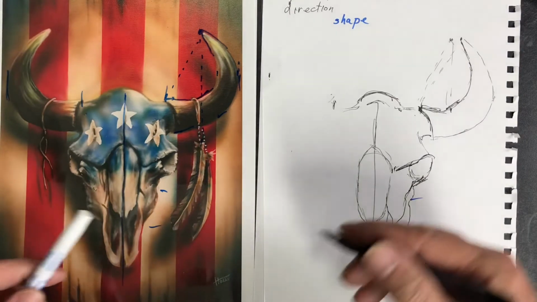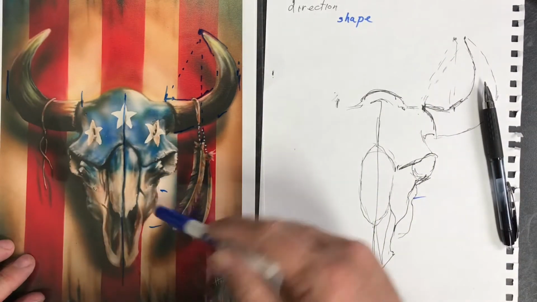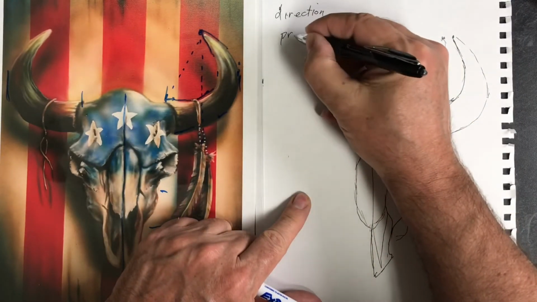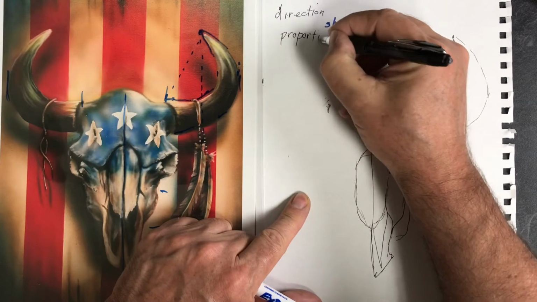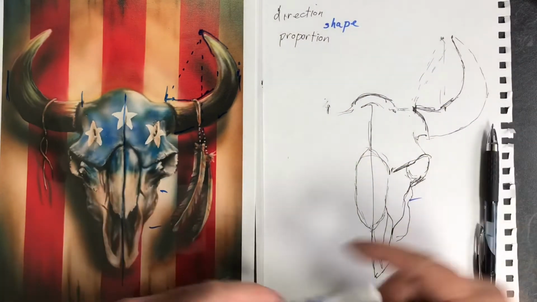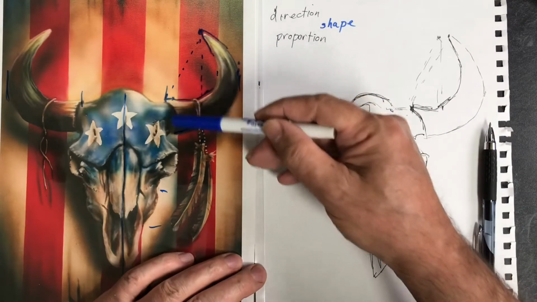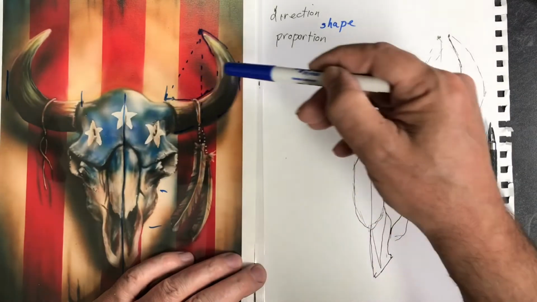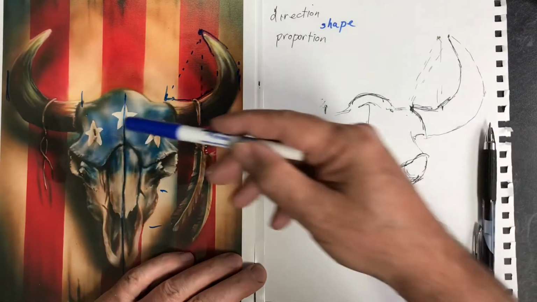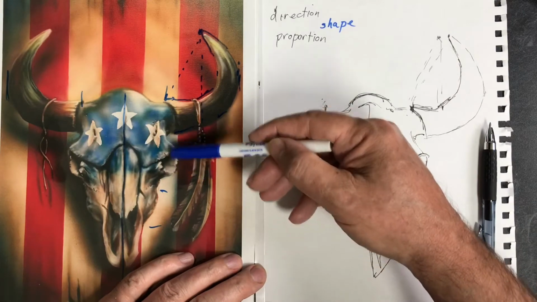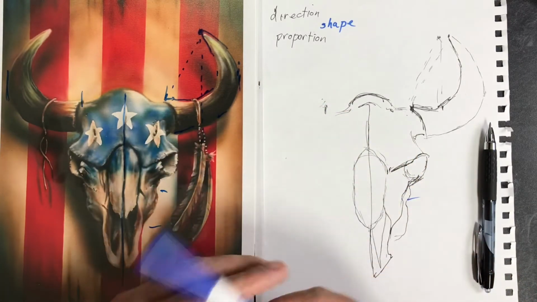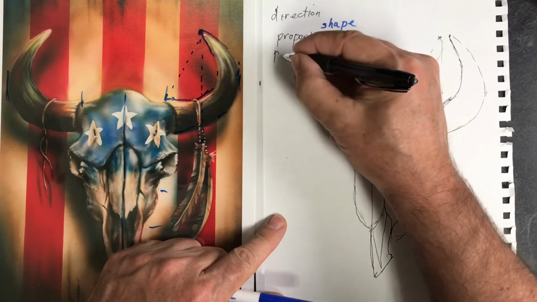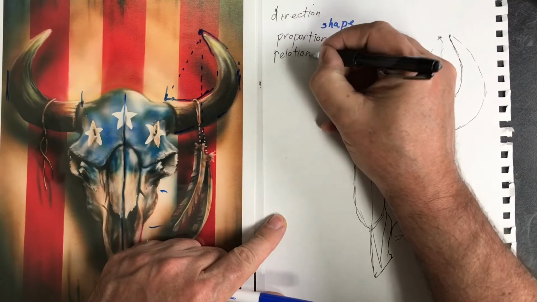Now, so you see the way that I'm thinking, the way that I observe is I go for direction, and then I said proportion, which is how large something is in comparison to another thing. You know, how big is this horn compared to the top of the head to the other horn? And then what is the proportion between this? Where does this part fall here? So that part I call relation. Oh boy, that's an R. All right, if you say so. Relation, and what that means is